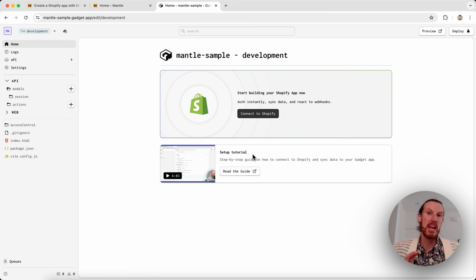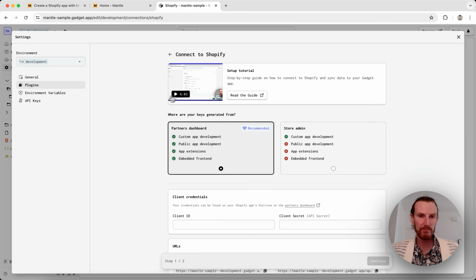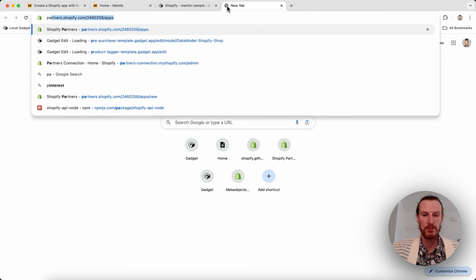This is going to give me a Postgres database, serverless Node backend, React frontend built on top of Vite. It's a full stack app development platform that I can use to build my Shopify app. I'll start by connecting to Shopify. I need to connect to the partner dashboard because I'm building a public app. So I'll just go to